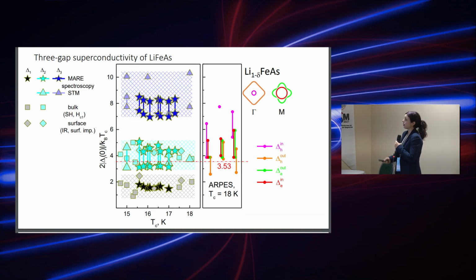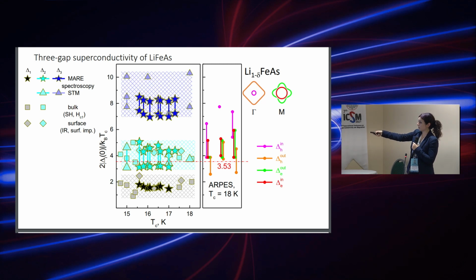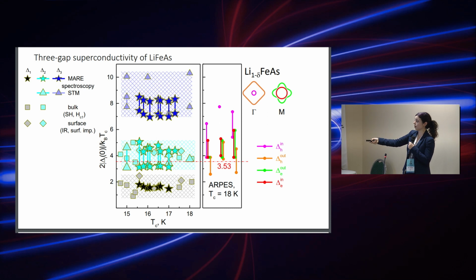Now, putting our data here by stars and depicting the anisotropy as the vertical bar connection, we get very good correspondence. Our delta gamma data coincide with STM data and appear in the top range. For the middle gap, delta L, our anisotropy range, about 30%, exactly covers the range of the values obtained in the literature. And for the small gap, we haven't observed any anisotropy, and our value lies just in the middle